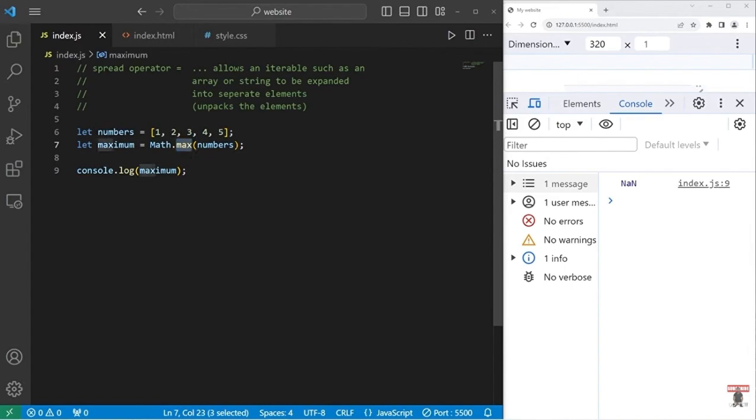However, by utilizing the spread operator, we can spread this array into different elements. So we will precede this array with the spread operator. We are going to unpack the elements. Now if I run this program again, we have our result of 5. When you use the spread operator, imagine that you're opening a box and taking out all the contents inside, like